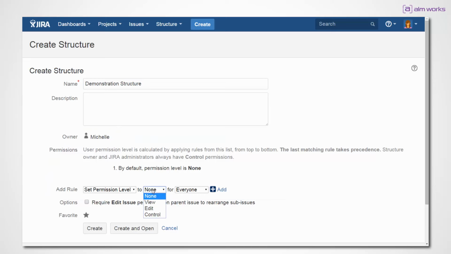There are 4 levels of permission. The first permission in the list is None. Users with this permission level can't even see the structure, so they won't know it exists. The View permission gives read-only access that lets users see the structure, but not rearrange its issues or edit them inline. Users with the Edit permission can rearrange issues in the structure and edit them inline, subject to their Jira